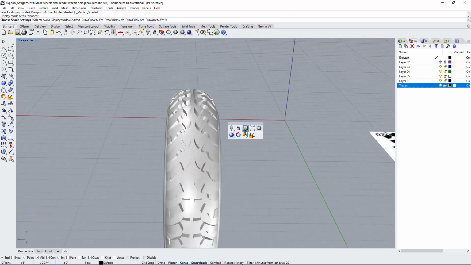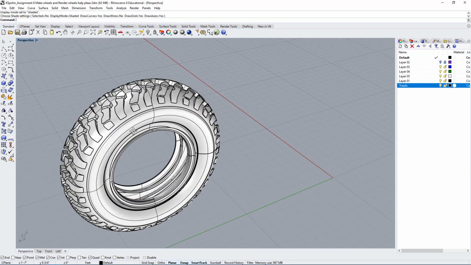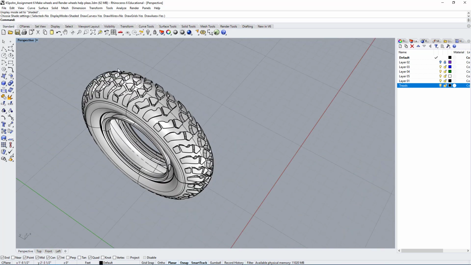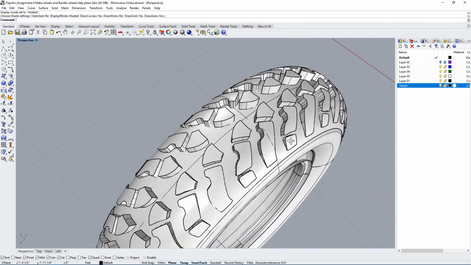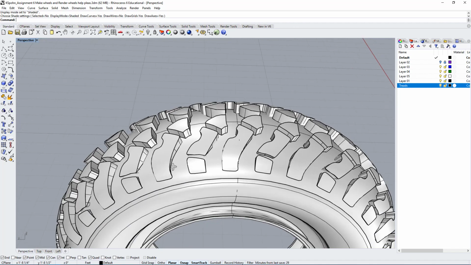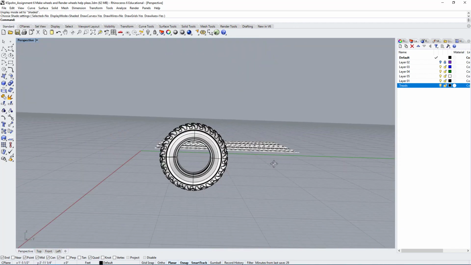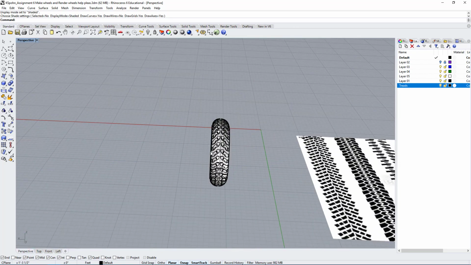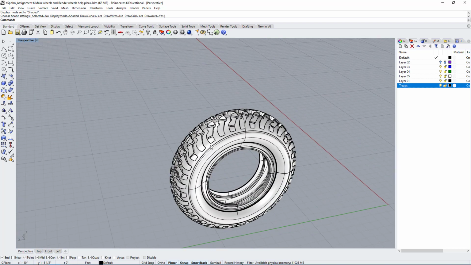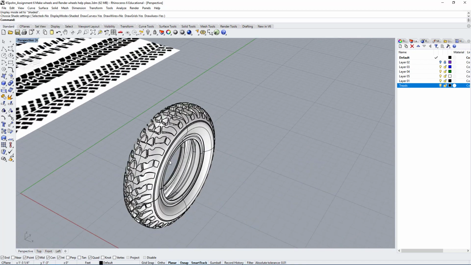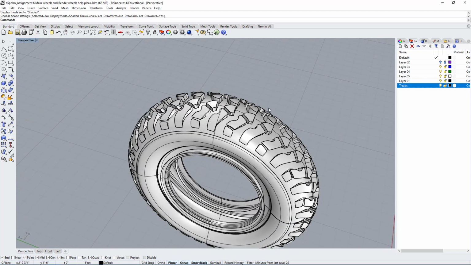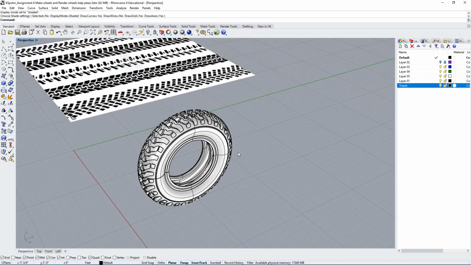Now there are many other techniques that you can use. Instead of creating threads that go out, you can make them go in, right? It's kind of like choosing whether you want to deboss or emboss. So that's another technique you can use to get other types of threads, and you can even do both. You can have threads that are both debossed and embossed into the tire, and this may give you even more complex results and better results. So yeah, it's up to you which workflow you want to use, but this is definitely one of the best ways to create threads for a tire.